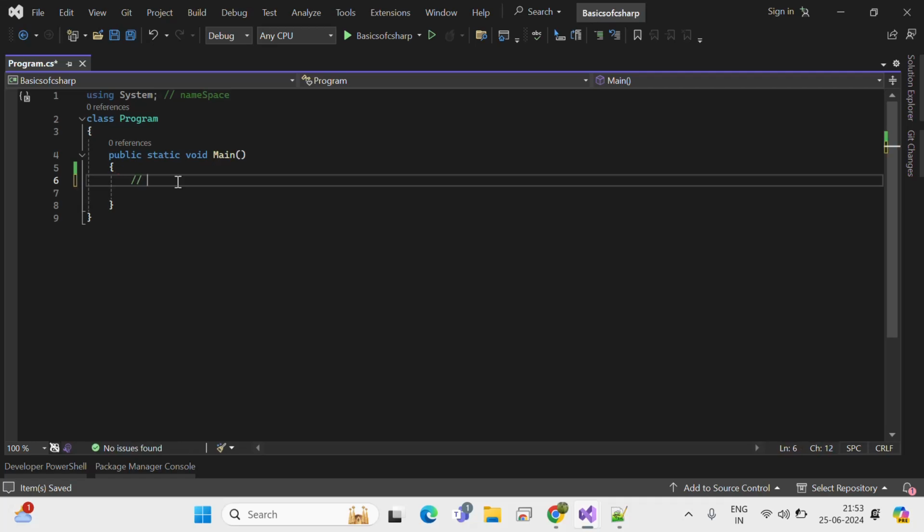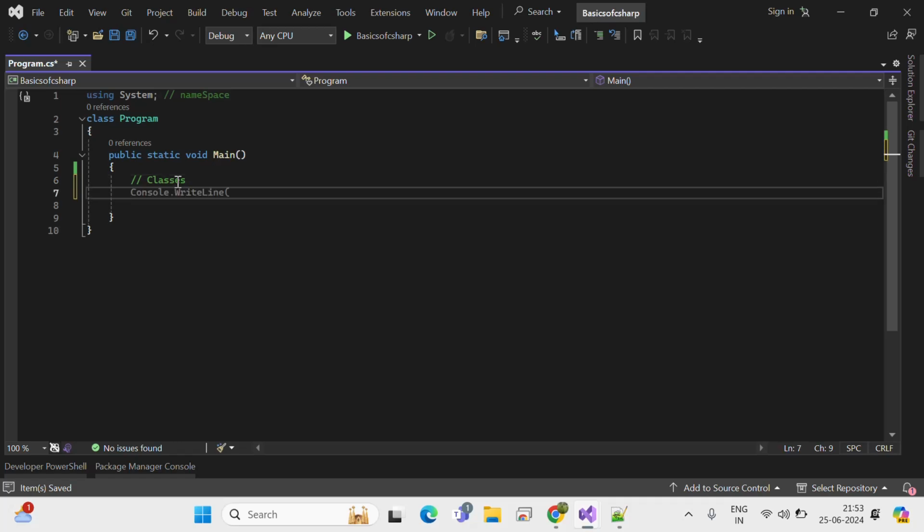Today we are going to demonstrate and explain classes. First, I want to explain what a class is and why it is required for our programming. A class is a blueprint of the program. When we start any application or any programming stuff, it's a kind of blueprint of our